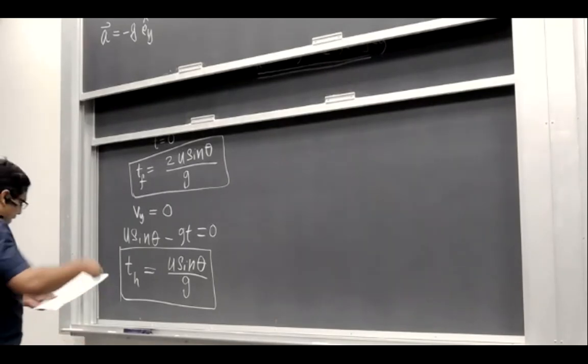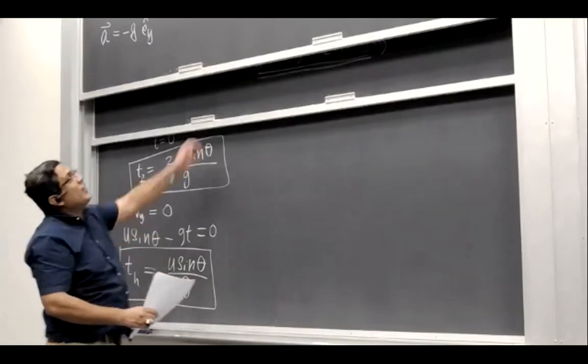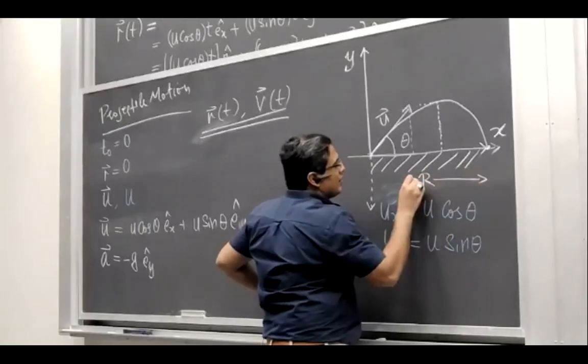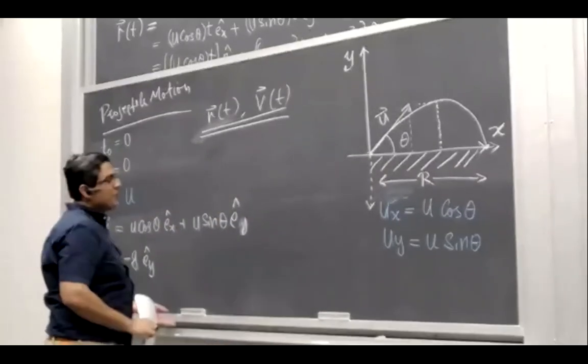All right, so the next question is, what would be the range? The range is the horizontal distance that it has traveled. What would be this quantity r? Let's call it range. Okay, what would be this quantity? So this quantity would be simply